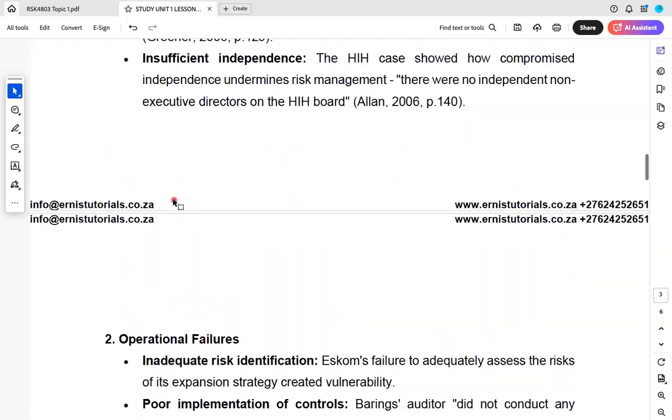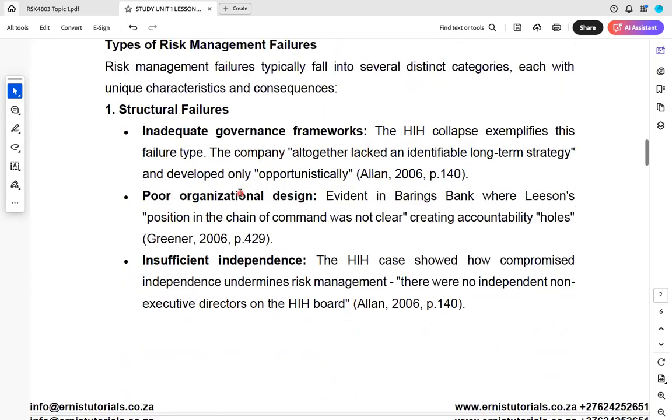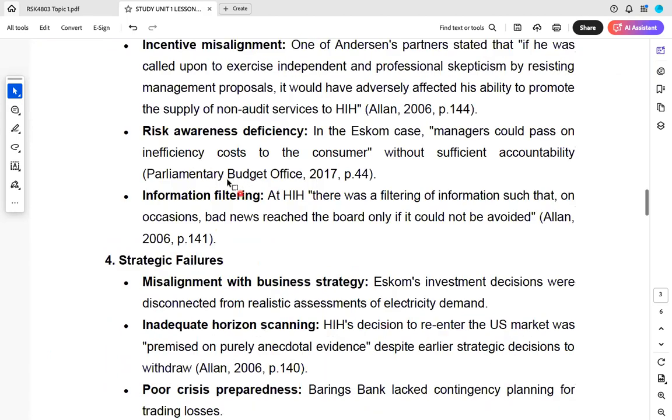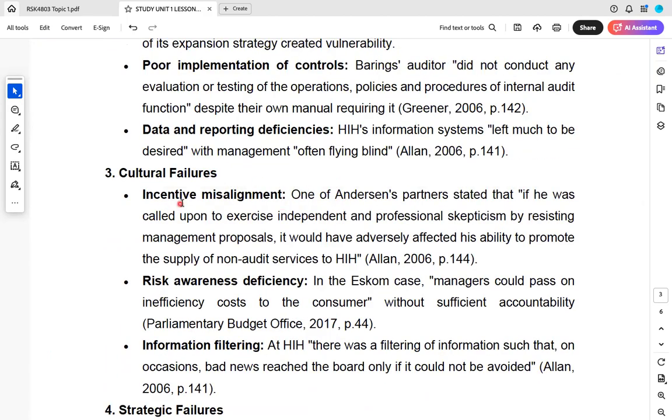So we're just talking about the different types of risk management failures. There are also cultural failures where there can be an incentive misalignment. You look at the HIH scandal, where one of Anderson's partners stated that if he was called upon to exercise independent and professional skepticism by resisting management proposals, it would have adversely affected his ability to promote the supply of non-audit services to HIH. I think this was a case whereby an auditor